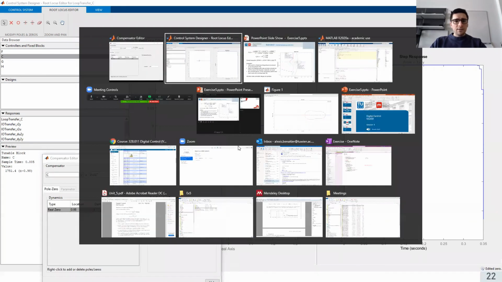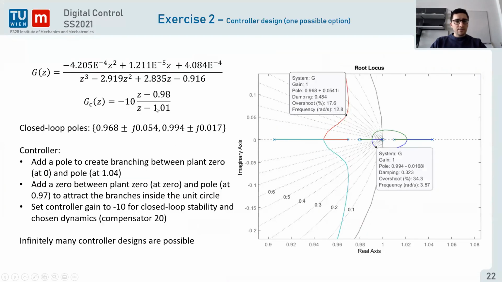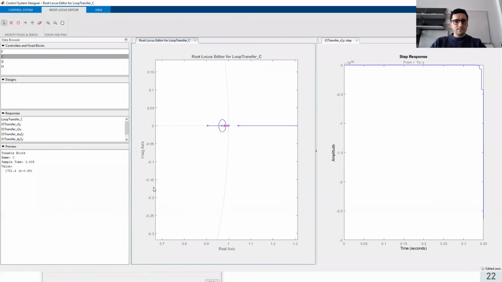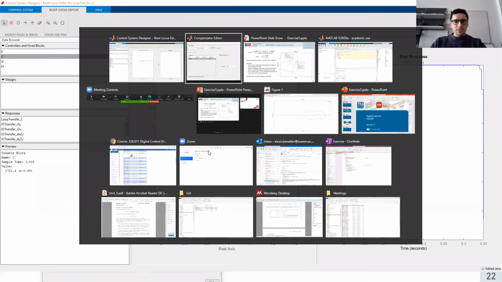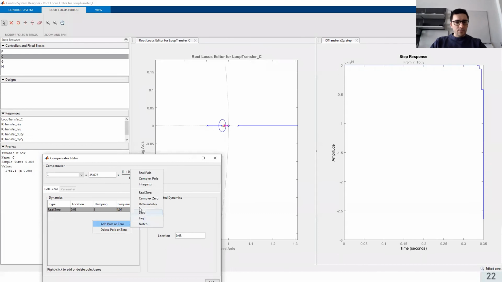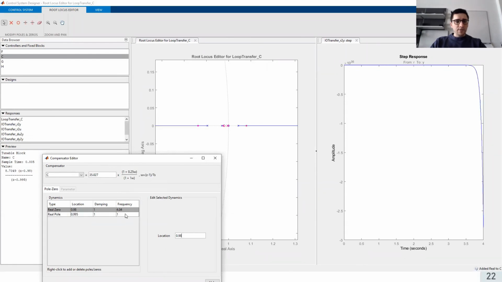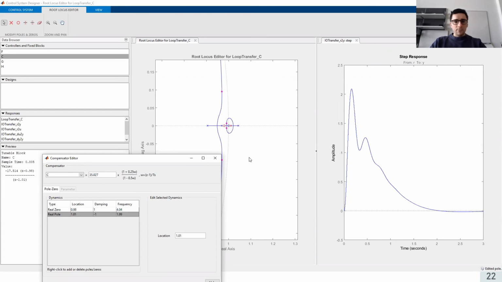And then add a pole at 1.01. So to design this one, I just tried different pole and zero locations to see what's happening. And I came up with this